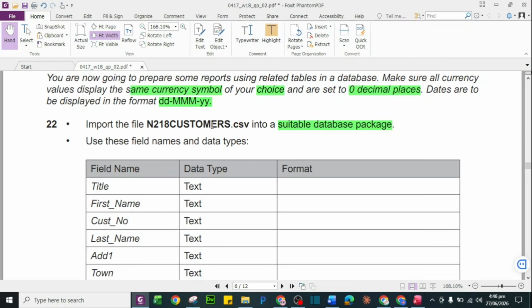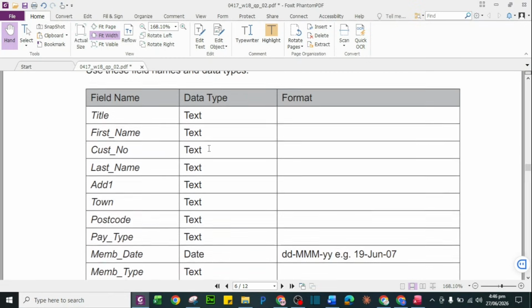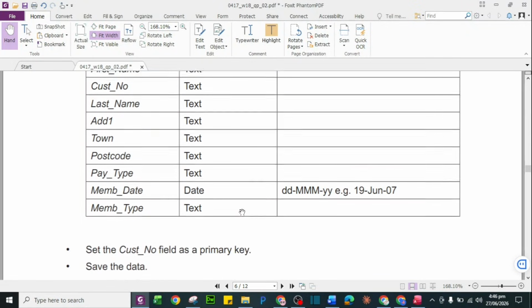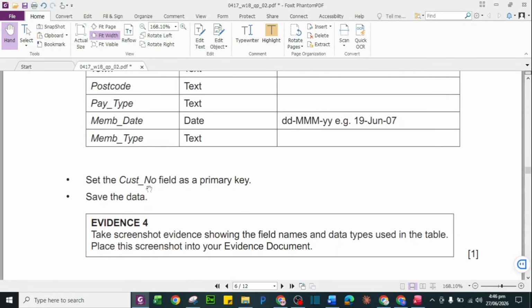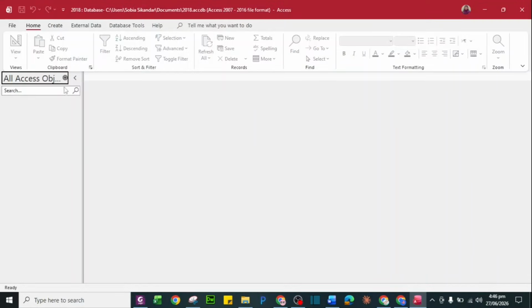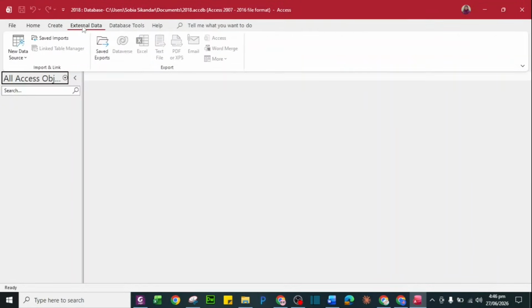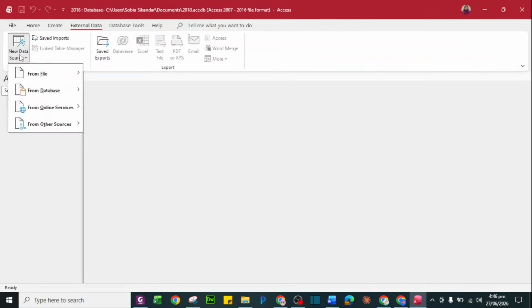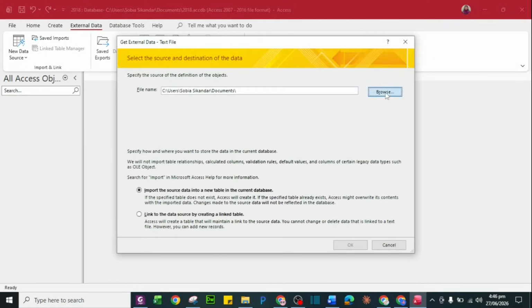Now the table which we will import is the customer.csv, and we will fix these data types, and the primary key must be cust number, and save the data. Okay. Now let's go and do it. For this query, we will go to the new data source from file, text file.